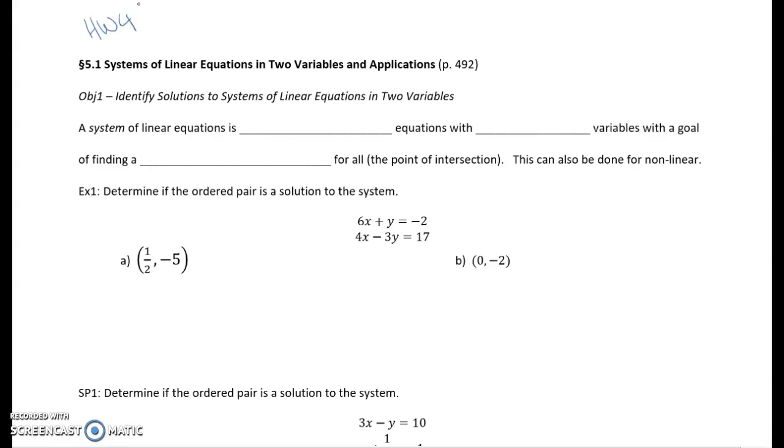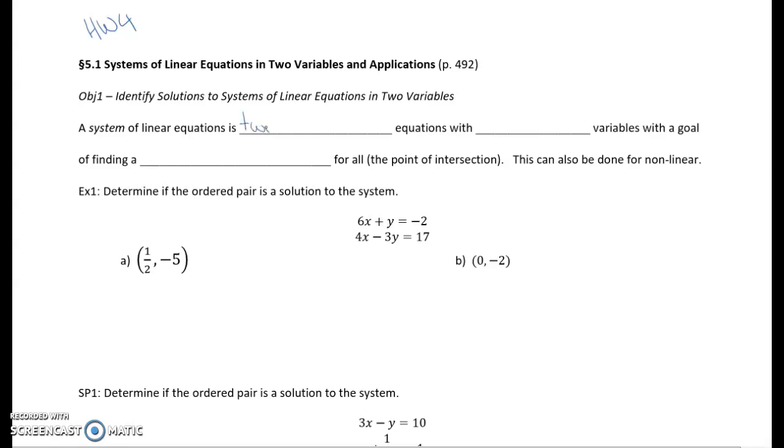This is homework 4 from Unit 1. Section 5.1 is hopefully review: solving systems of linear equations with two variables, and then a couple applications to go with that. So a system of linear equations